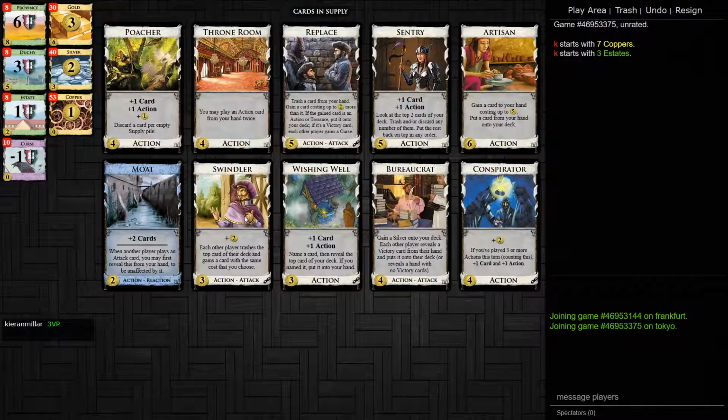Does Swindler matter here? So giving our opponent curses instead of coppers doesn't feel like it matters that much because we are going to try and get clean with Sentry. If we get our moats hit, then they turn into estates, which is bad, but it's not the worst thing ever. I think Wishing Well's probably...